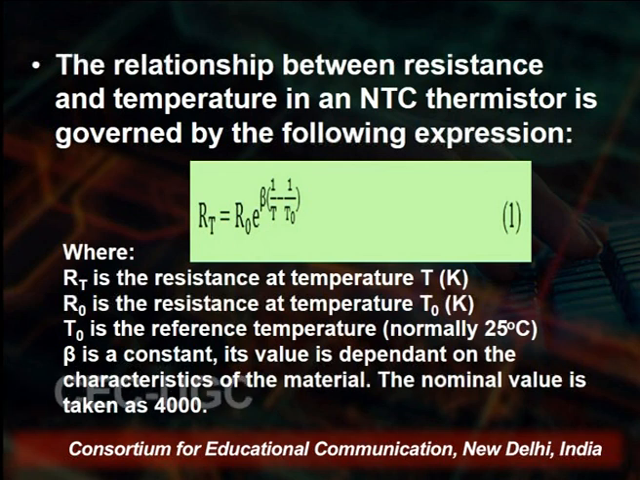R1 is the resistance at temperature T, R naught is the resistance at temperature T naught, and T naught is the reference temperature, and normally we take it as 25 degrees centigrade. Beta is the constant, and its value is dependent on the characteristics of the material which we are using. The nominal value